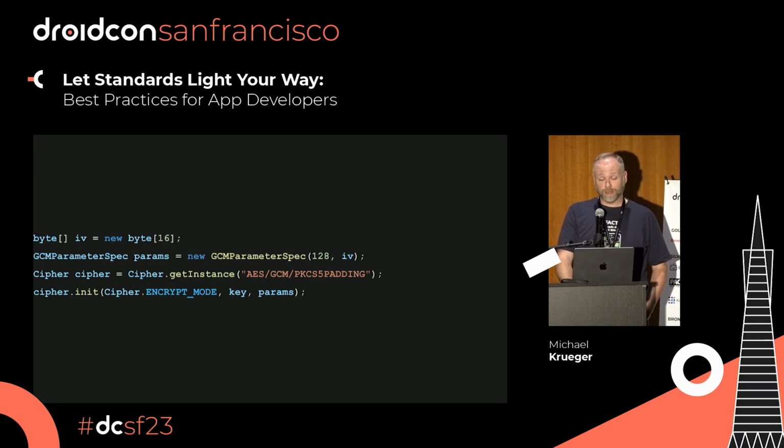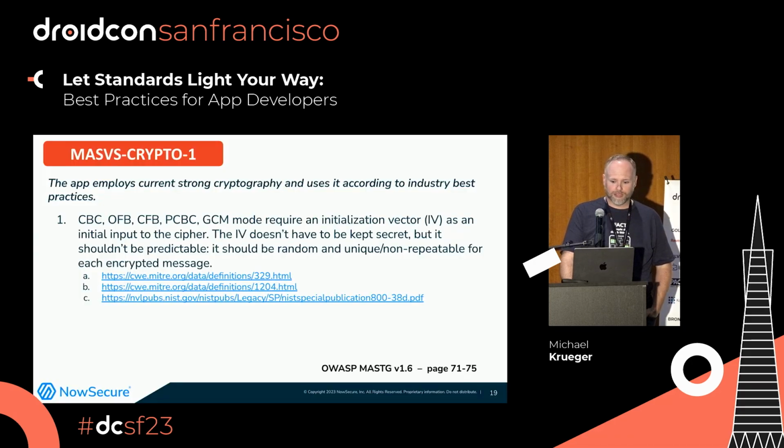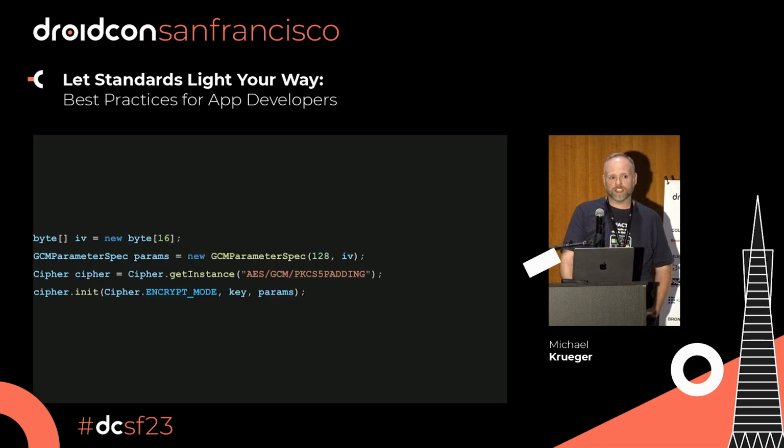There is a problem. So this is instantiating a new cipher. It's an AES GCM. This is a little trickier because everything at first glance looks fine. Again, it's just a couple lines. But there is a problem. That first line is setting up an initialization vector. That's part of the cryptographic routine.